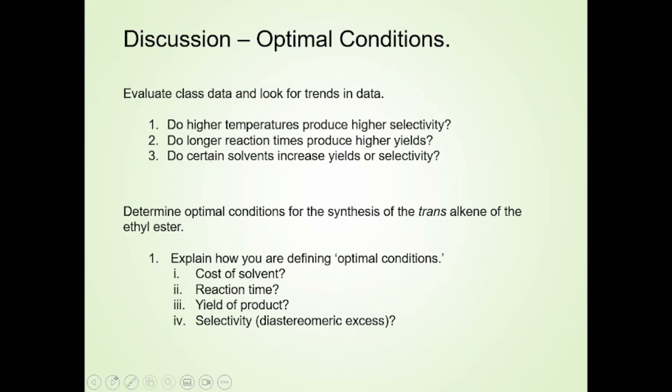And how you define optimal conditions is up to you, but do tell me what you're looking at. You can consider cost of solvent. You don't have to. Reaction time, of course, if it's a shorter reaction time, means you can clean things up and get to the next, repeating it again. You're probably not going to run all 66,000 pounds of material in one reaction. It may be multiple ones, so you'll want that reactor to be able to be recycled. Something to keep in mind